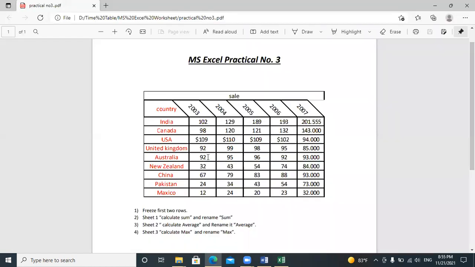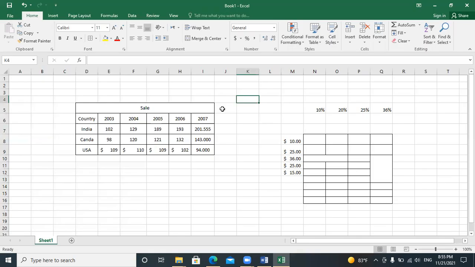After that, here you can see we need this design. So how can we create that design? Again, I have to select the years, not country. Just select from 2003 to 2007.